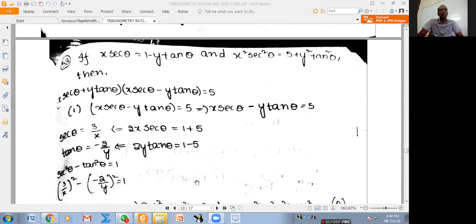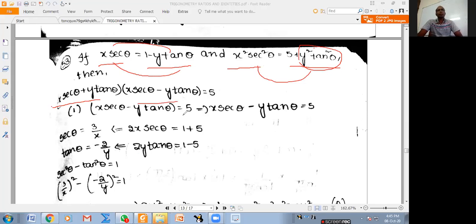Look at 53. x secant theta is equal to 1 minus y tan theta is given. x square secant square theta is 5 plus y square tan square theta given. You have to get an idea here that when I send this y tan theta this side, the first equation becomes x secant theta plus y tan theta is 1. Second equation, I can bring y square tan square theta to LHS. A square minus b square formula, I can write a plus b into a minus b. In that x secant theta minus y tan theta, when it is 5, when you substitute it, you'll get,